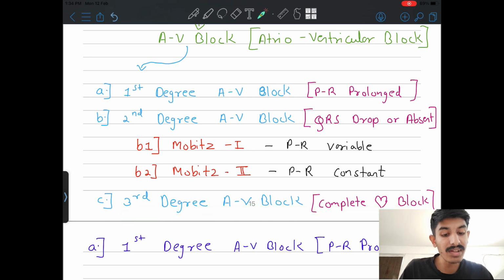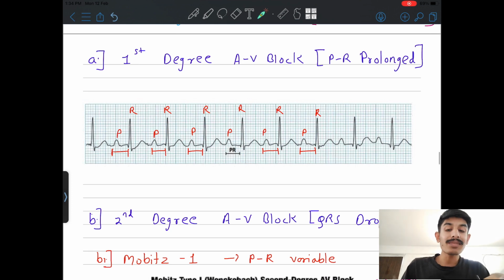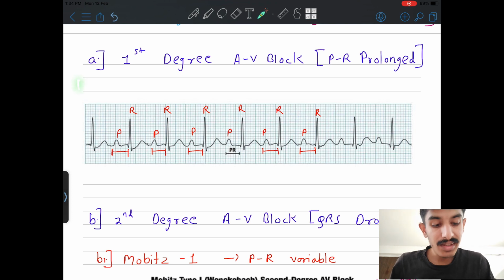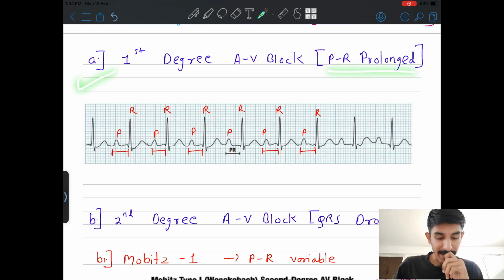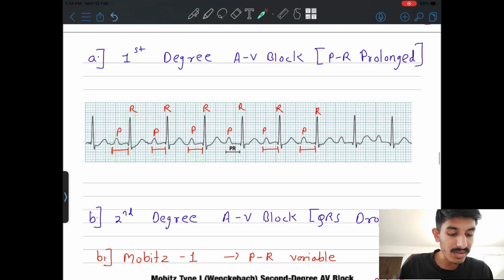Okay, so let's start with the first degree heart block. What this first degree heart block shows is in the PR interval. Don't forget about the PR interval, because in an abnormal PR interval it is prolonged, and in that 3 degrees are coming. So first degree is prolongation. What is prolongation? As you can see, this is the P wave and this is the Q point, and this is the R point. Here the difference is coming: normally it is 3 to 4 small boxes, but here it's taking more than 2 big boxes, completely 2 big boxes, so it is prolonged. Okay, so it is first degree heart block.